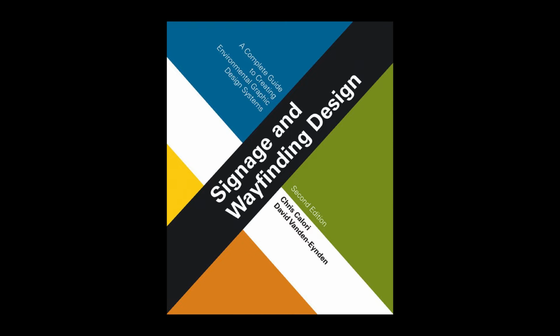It's always useful to look at the entire sign family together and at one scale to see how the units formally relate to one another in the program's range of mounting conditions as well as in the program's range of